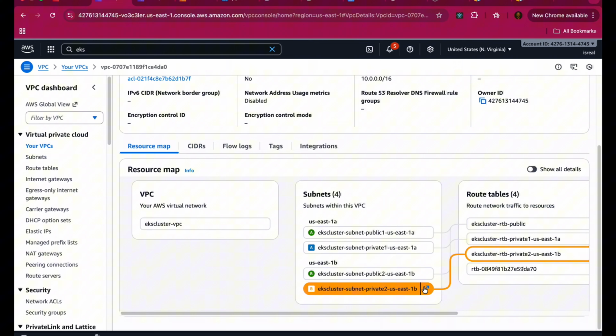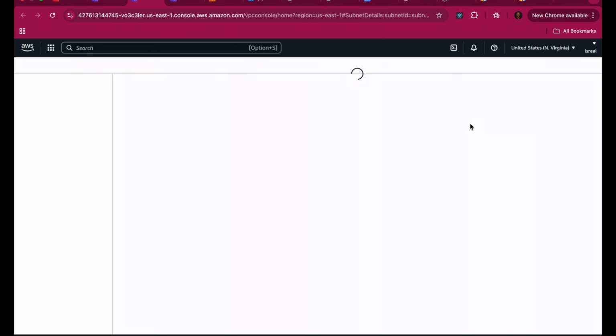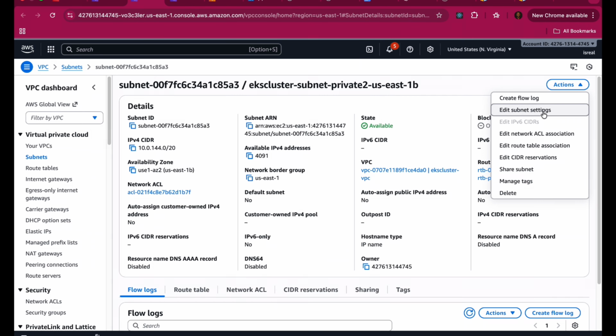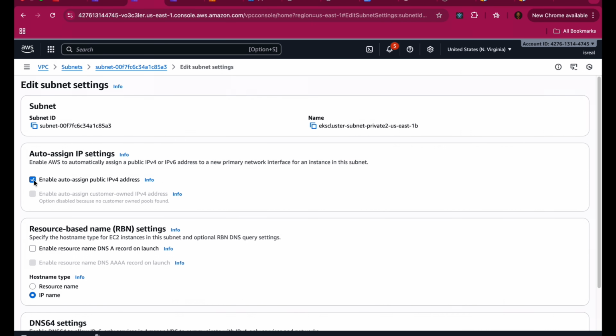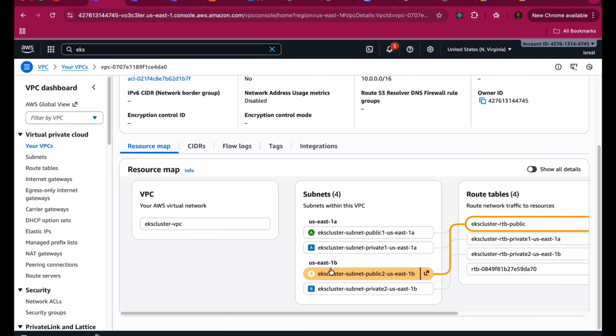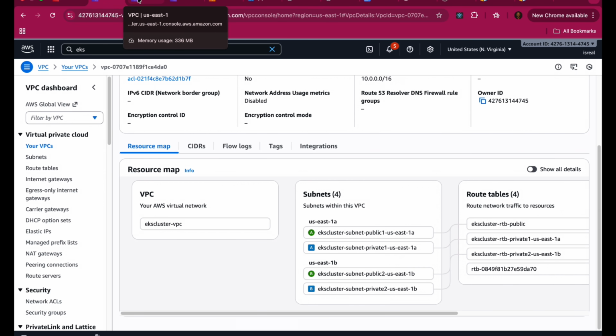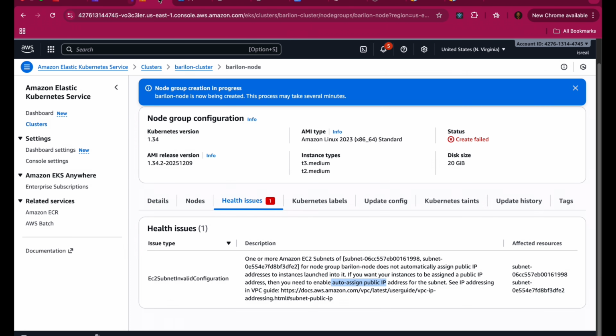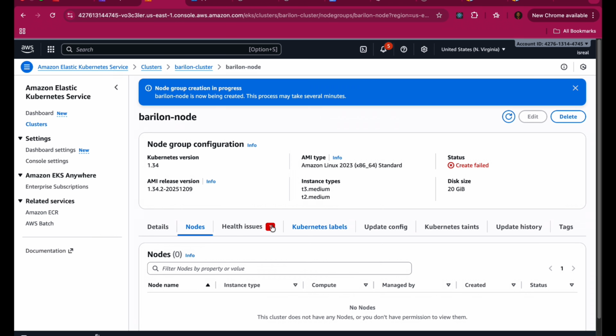Go back again to the last one and action, subnet setting, check that to be on, and save. Now you can see that we've enabled auto assign public IP on all the subnets. And let's try again with our node and go back to the cluster